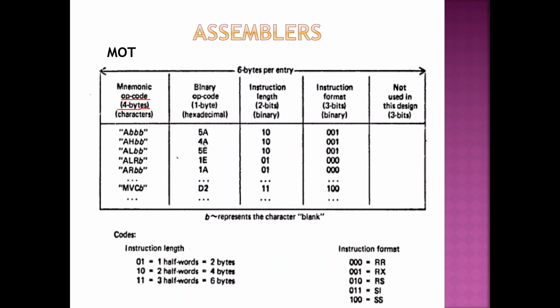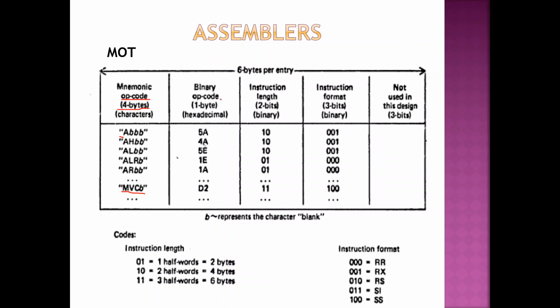So what you will store? You will be storing opcodes with 4 bytes. Okay, 4 bytes will be given for you. You have to store the opcode. So you will store A, and then for all the other bytes you're going to say blank, blank, blank, blank, space, right? So why 4? Because the maximum number of instructions is only going to have 4 characters, so we are going to allot 4 bytes, right? The next one is called the binary code.